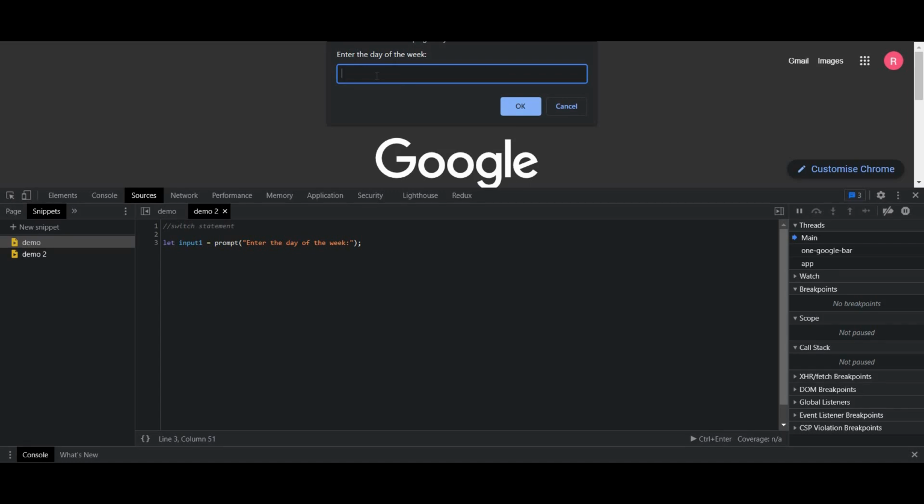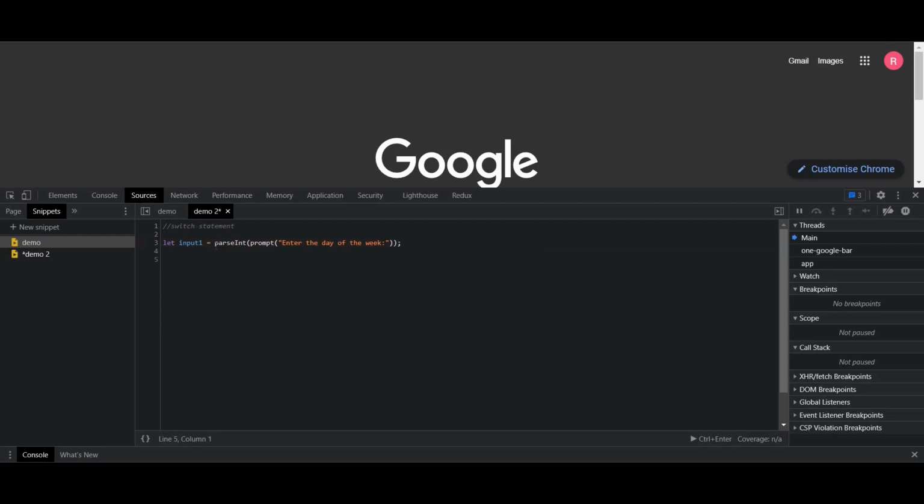Note that even if you type 32, it will be taken as a string, so please remember that. I'm just going to cancel this, and since we are dealing with a string input here, let me just parse it, convert it to an integer,